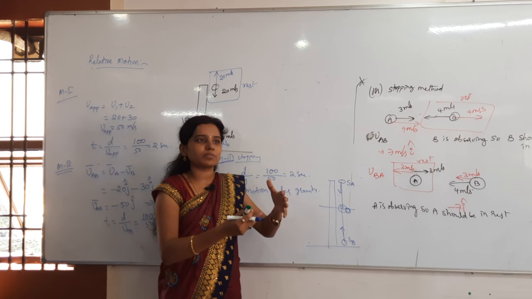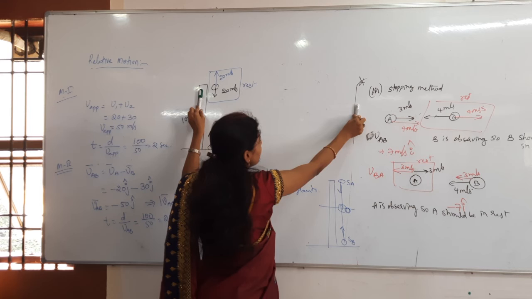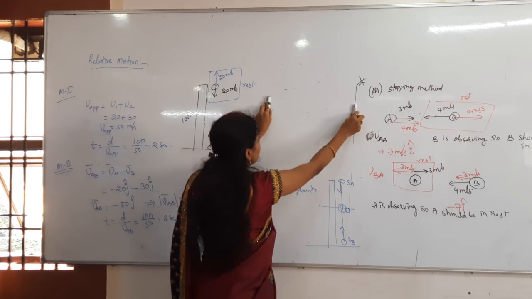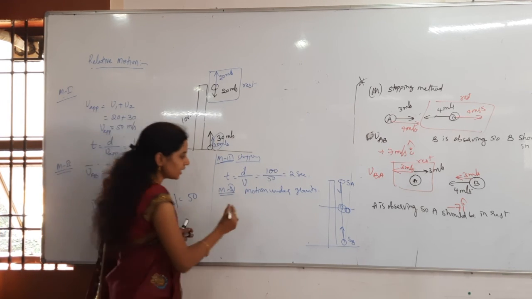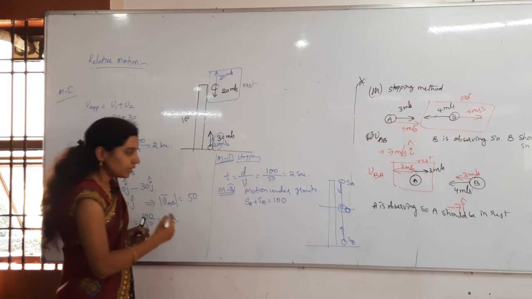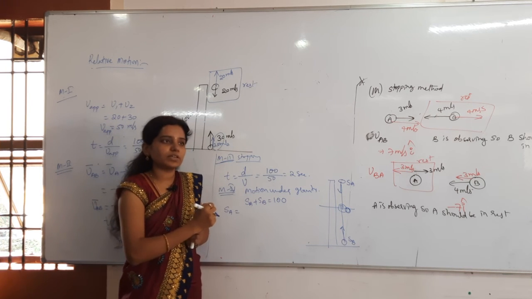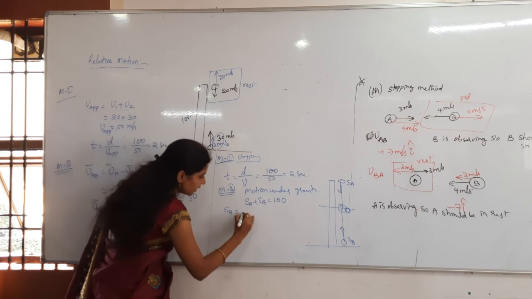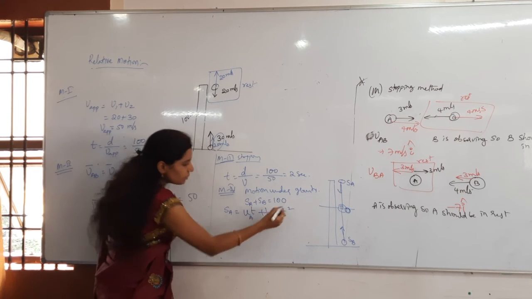For example, I am moving this pen from this line to this line. Whenever they collide, this one is moving and then colliding here. Totally they are moving SA plus SB, the total distance between them. That's 100. So I can clearly write that SA plus SB is equal to 100. Now SA: A is moving under gravity in the downward direction. What is the formula? S is equal to ut plus half at squared.